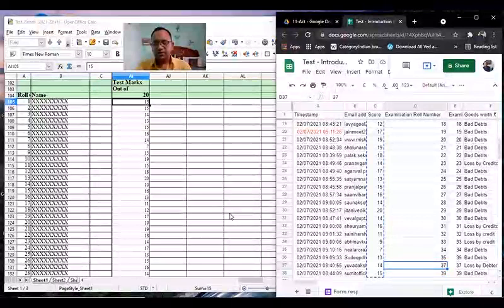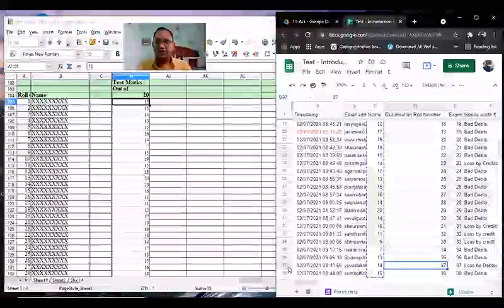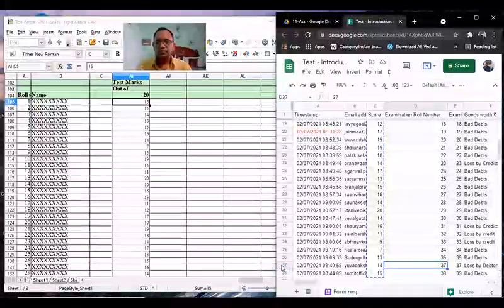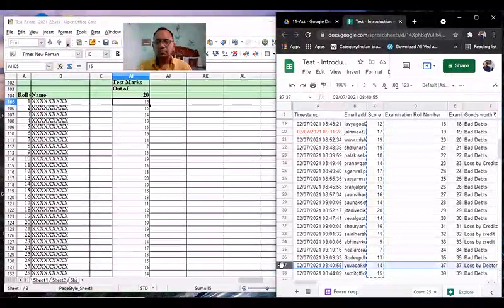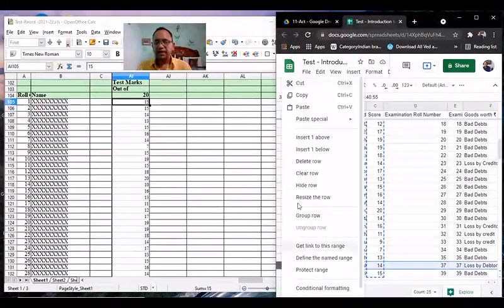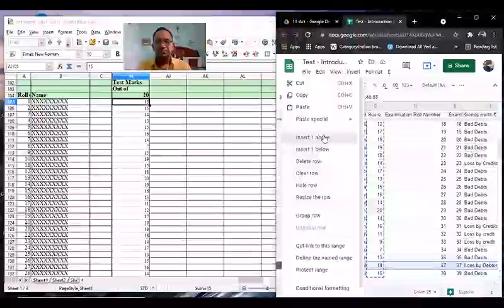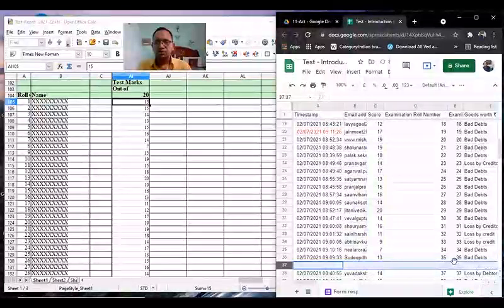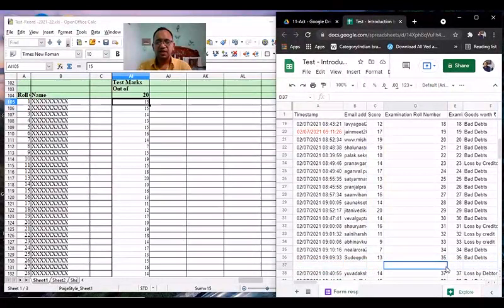So I will go to the row containing roll number 37. I click on the row, right click on the row and insert one above. So a blank row is inserted for roll number 36.